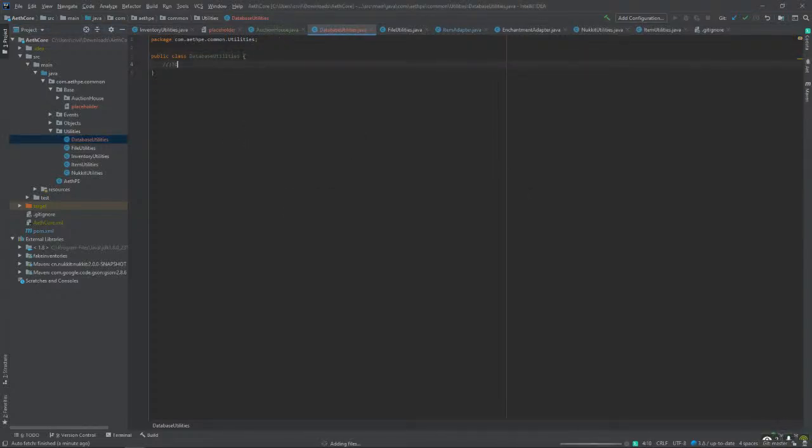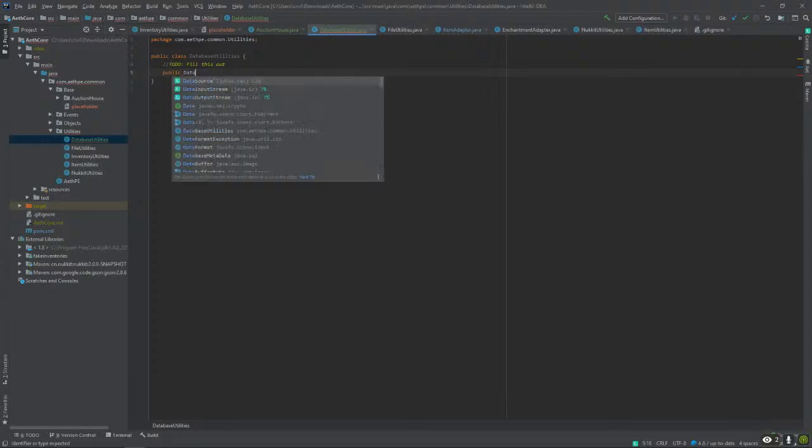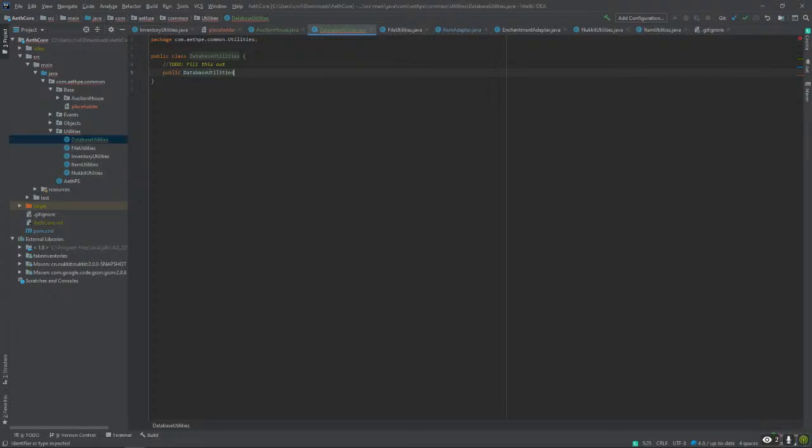And then make a constructor in here. Database utilities, String name, File database file.